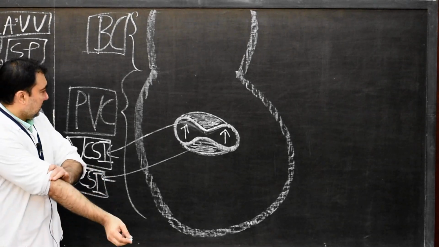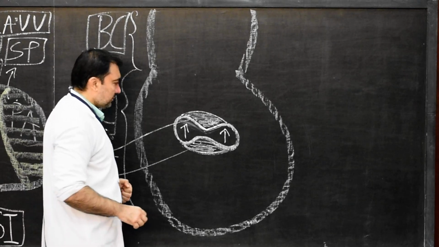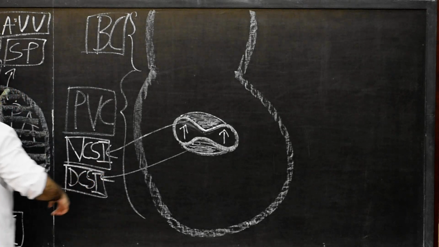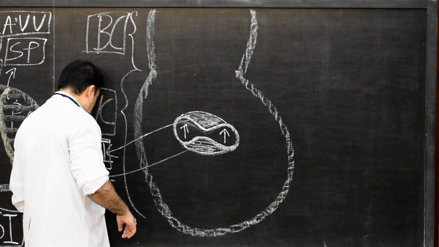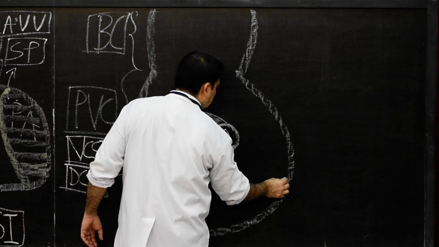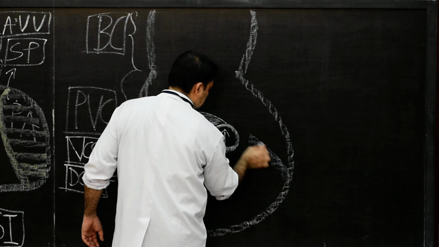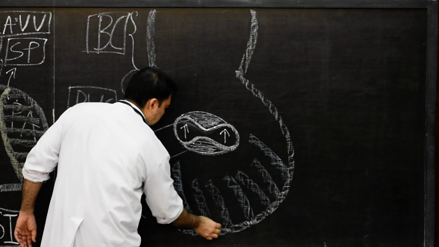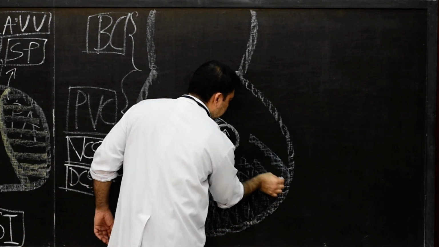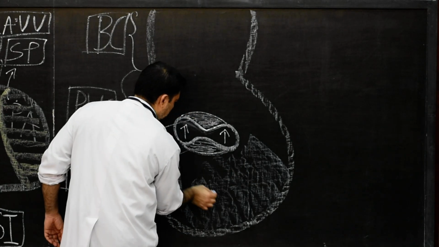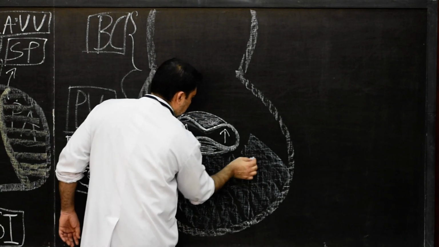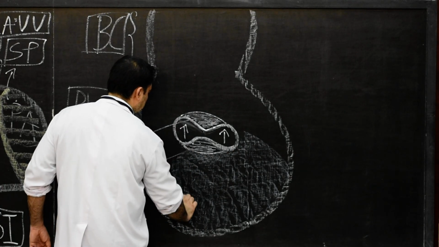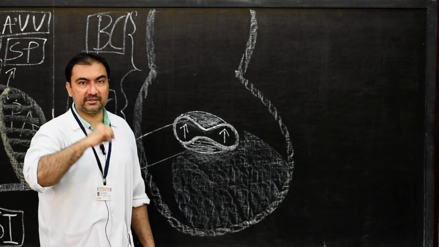Very simple. Now what we need to show is that from the floor there will be the ventricular septum. Since I have used blue color, I will use blue color. From the floor there will be development of the ventricular septum. So this is how the ventricular septum will develop from the floor portion here. Now the thing that we have to keep in mind will be the ventral and dorsal horn.